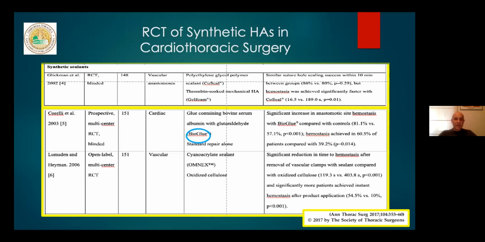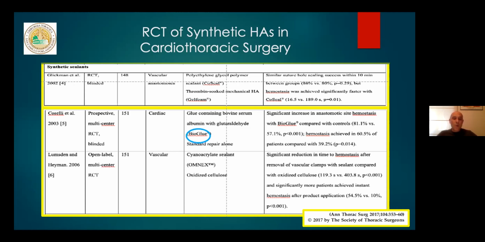Now let's move on to synthetic sealants, which are commonly used to prevent suture line bleeding in cardiac and vascular procedures by forming a watertight barrier over bleeding sites. Several studies have demonstrated their efficacy. In a Glickman study, comparing a polyethylene glycol sealant, CoSeal, with Gelfoam in vascular anastomosis, the proportion of patients achieving immediate hemostasis with this sealant was